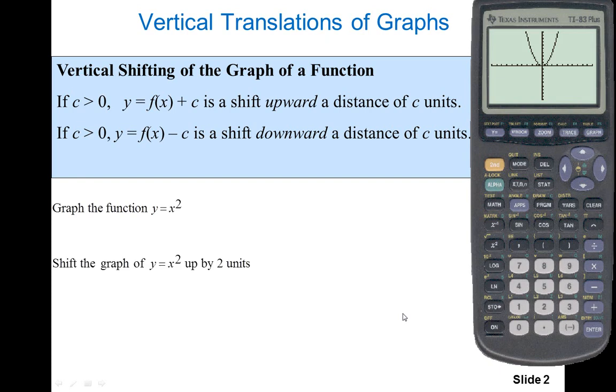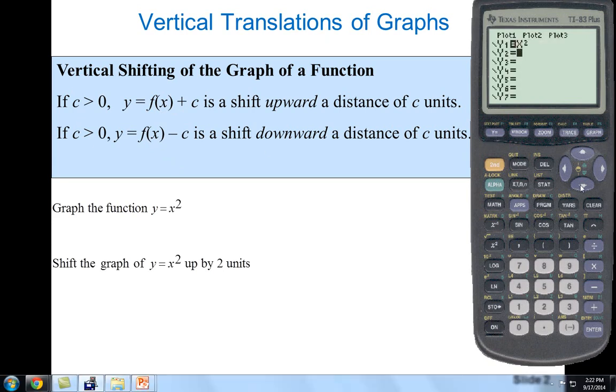Next, we're asked to shift the graph of y equal to x squared up by a distance of 2 units. So following the formula, I'll simply add a constant of 2 to my squared function. So I'll go back to y equals, and in y sub 2, I'll simply put in x squared plus 2. I'll scroll to the far left. I'll click enter one time, and it will now graph a thick line,